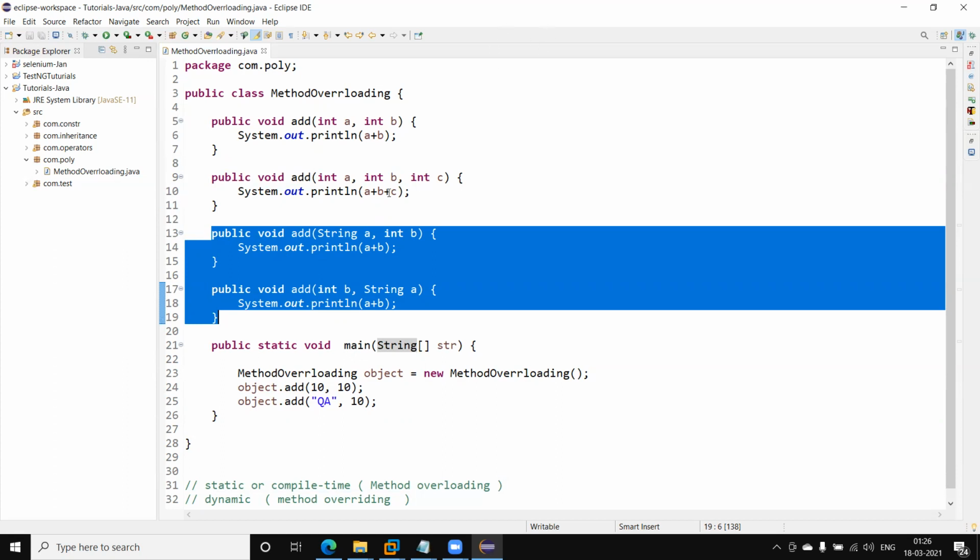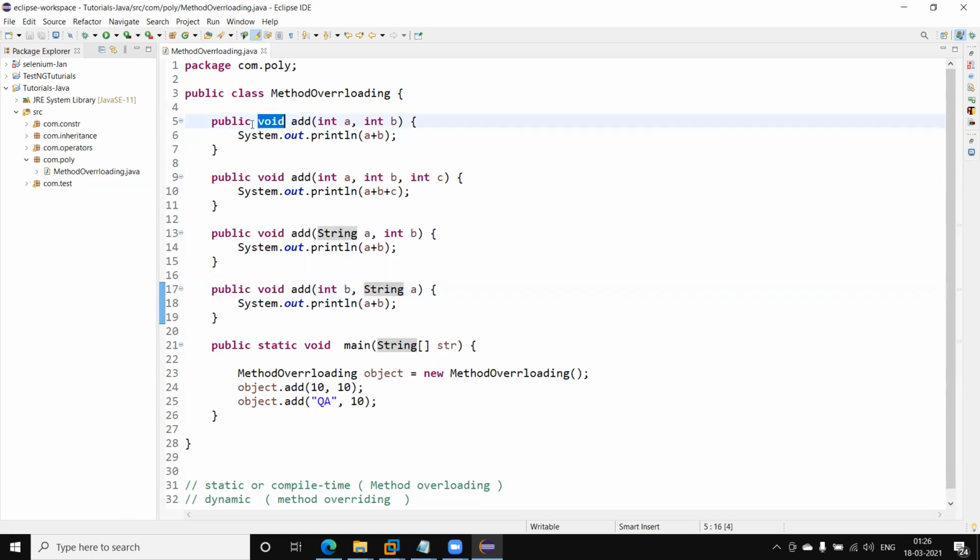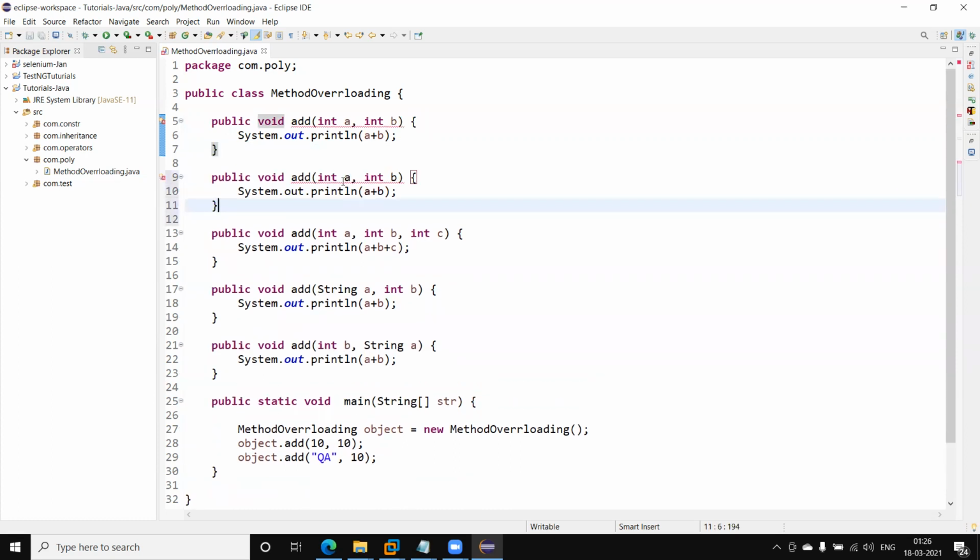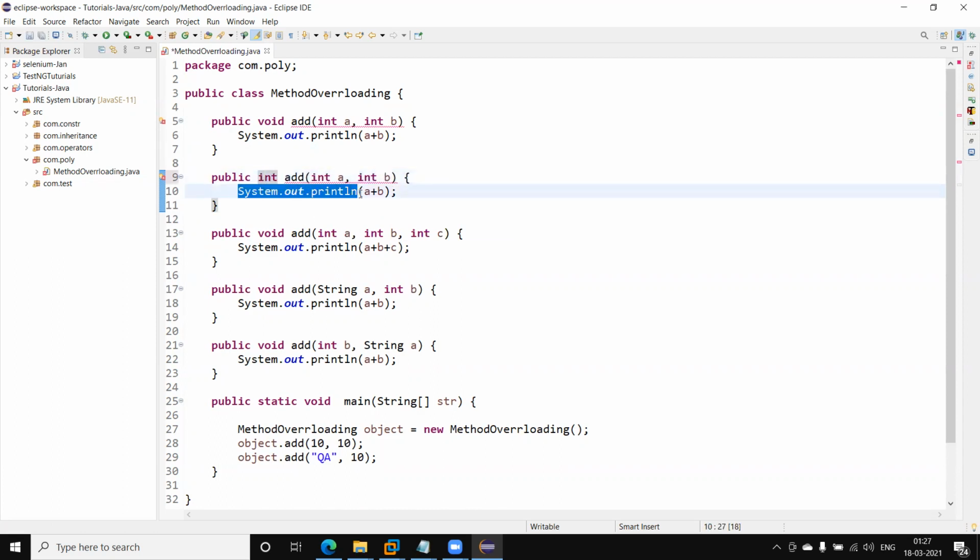Now let me show whether, if we change the return type, the method is overloaded or not. This accepts the same arguments, and now I am going to return the value: return a plus b. Here the method name is the same, the arguments are the same, but the return type is different.